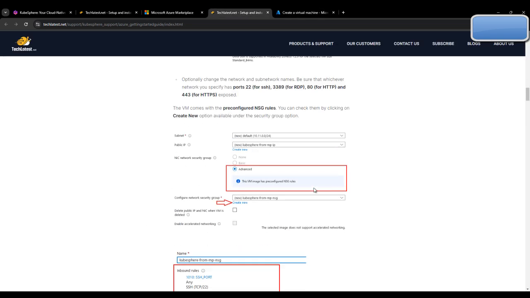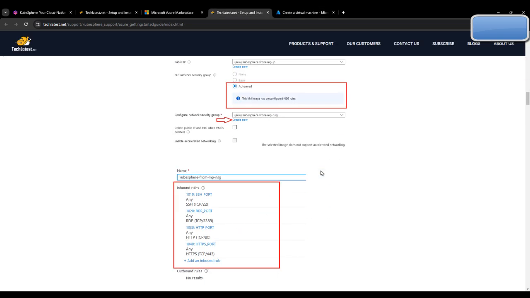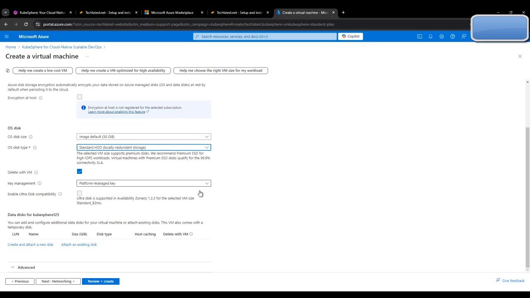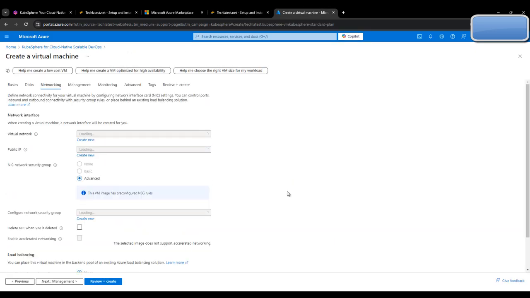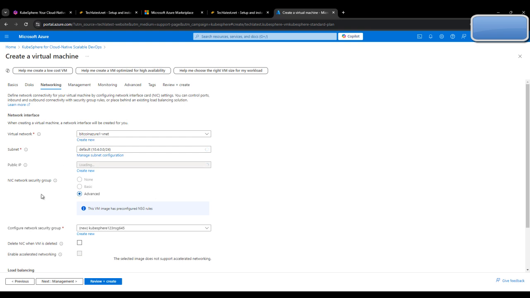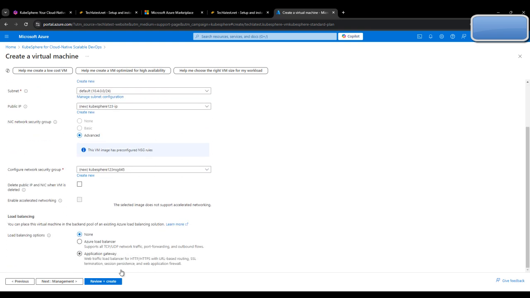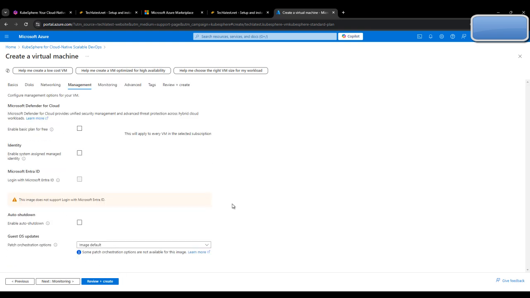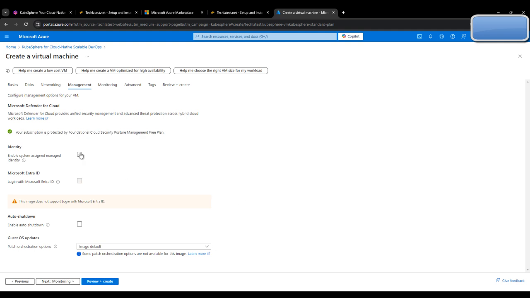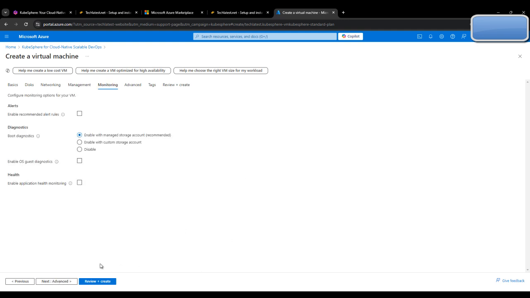Then here you can see the key management and other things. Let's check on the website also. We are done with all these steps, so let's click on next. Then you can see a lot of things like the public IP and other things. You can check it out. Here you can see that your subscription is protected by the fundamental cloud security posture management free plan. Now you can click on next monitoring,